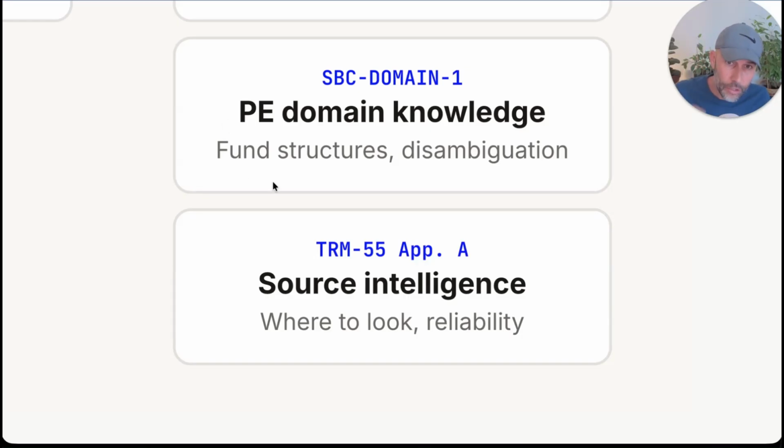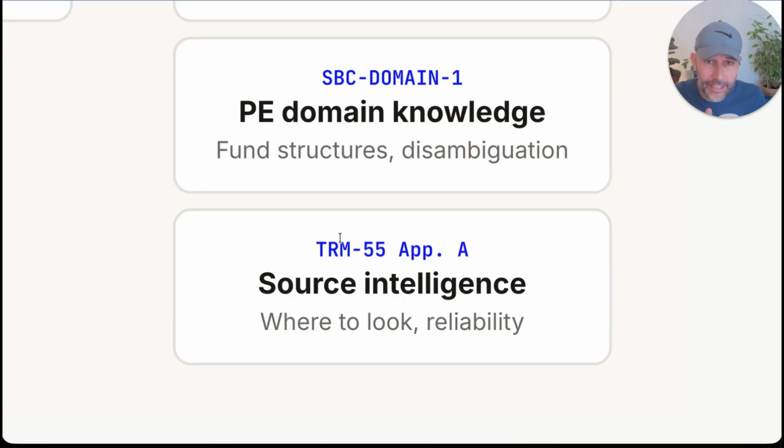And on top of that, I have a source intelligence, which basically ranks, okay, an SEC filing is a 10 out of 10. A PitchBook, public scraping source, whatever, is a 7 out of 10 or something like that. So in this industry, if you have something on the SEC website, treat it as true. If it's something here, treat it as context, something like that, right?